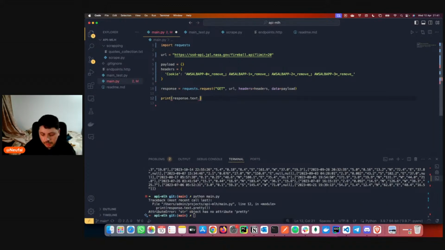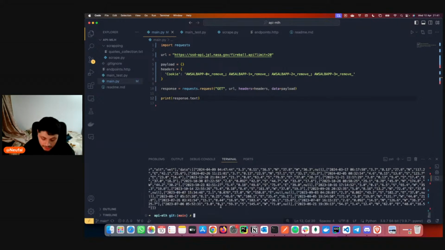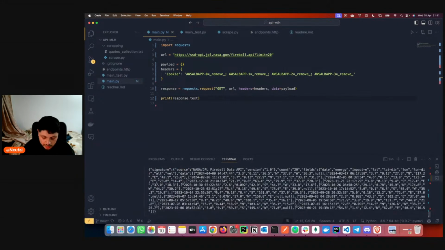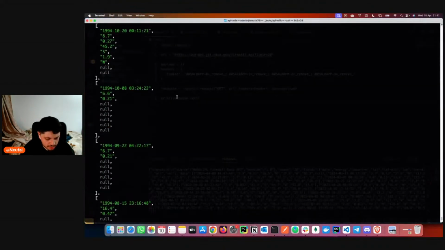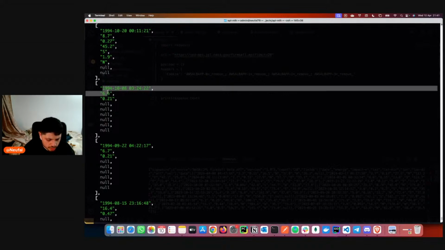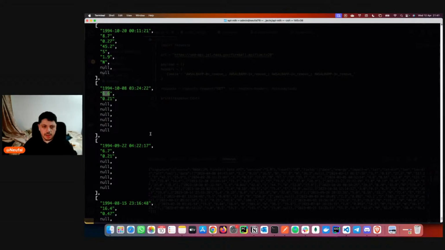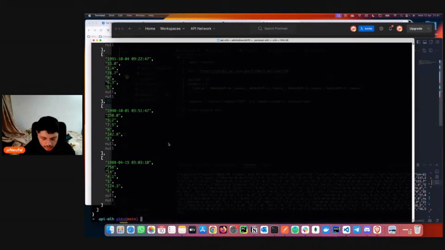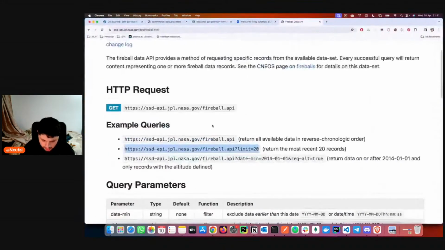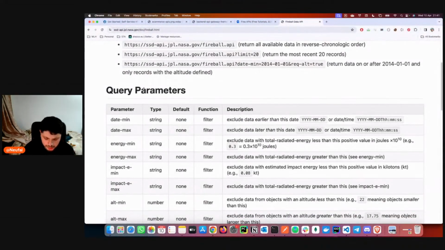Probably there are a bunch of ways to make it prettier, but we have the response here, and if we go to the code, it makes sense. To be honest, I don't know what this data is. So you might think, oh, what is this data? Let's go to the documentation. So, query parameters.